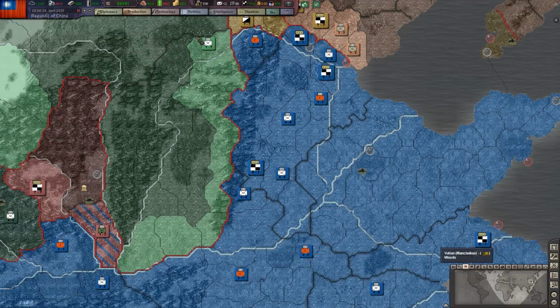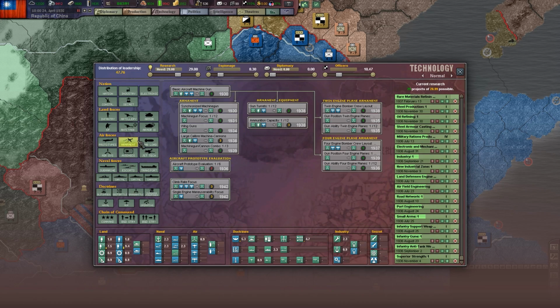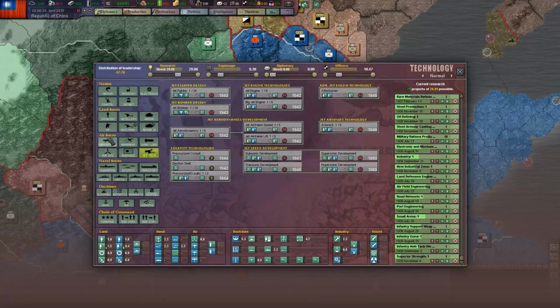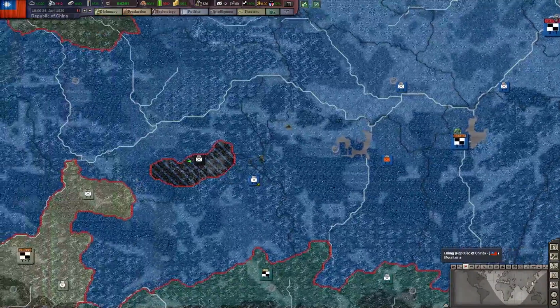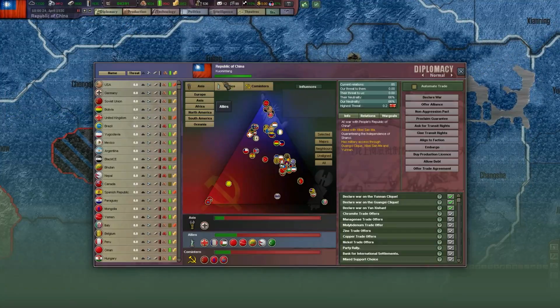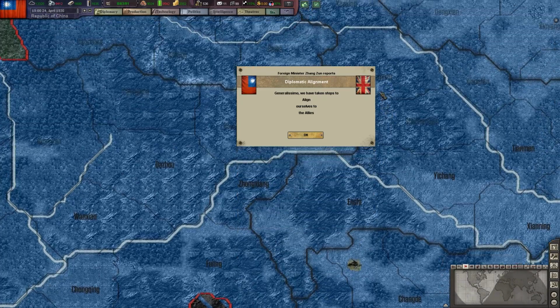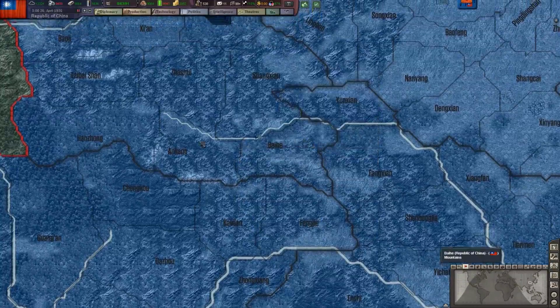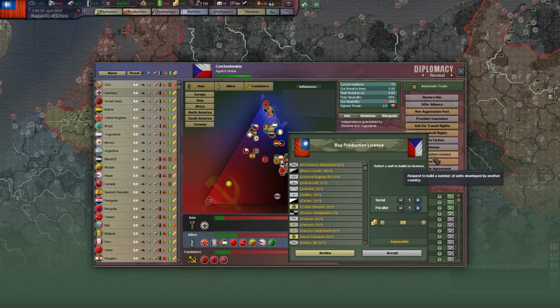So... there is one other issue. Our technology is pretty dog shit. Specifically, we don't have any plane tech whatsoever. Which, that bites, to be honest. I'm going to have to possibly try and buy some production licenses. Now, to that aim, I think we're pretty middling on the old faction alignment. I'm going to align to the UK really as quick as I can, because I'm wondering if I can buy some production licenses from them. In the meantime, I might be able to buy some,